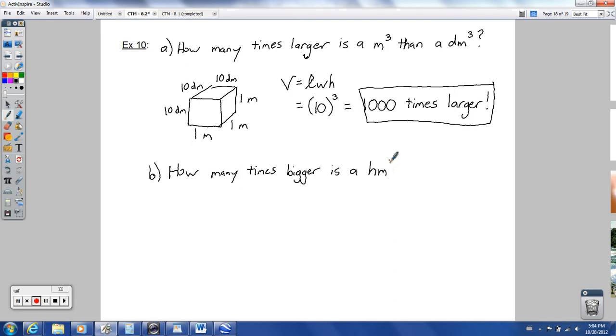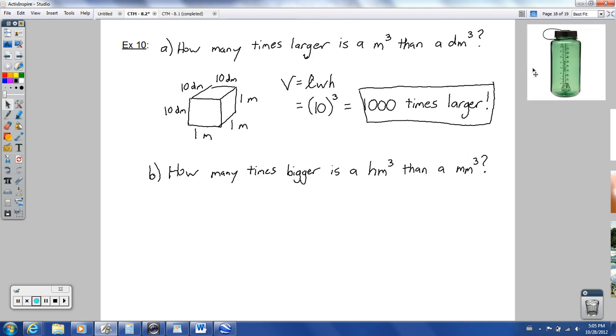Hectometer. Cubic hectometer than a cubic millimeter. So hectometer was feeling kind of left out and felt bad for it, so I had to put that in here. Before I show you that one, this one was more like, okay, a Nalgene bottle or something like that. That would have a volume of about 1 liter, which is a decimeter cubed,